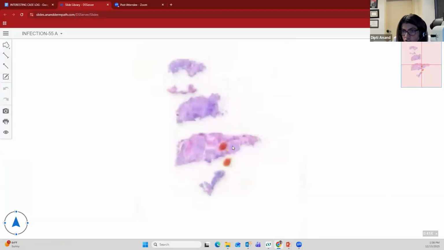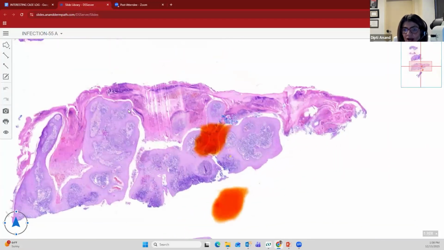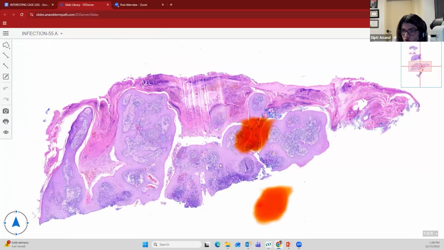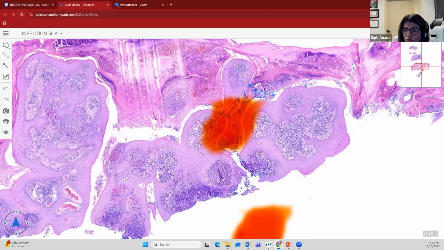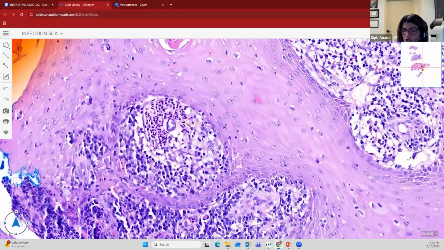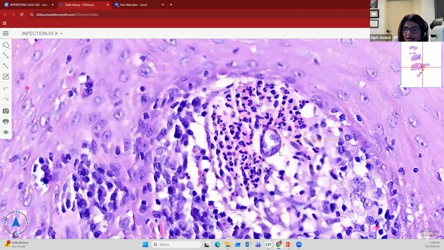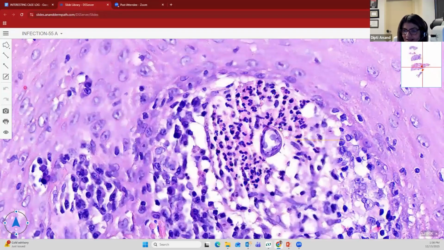The next one is coccidio. So coccidiomycosis, again, is markedly hyperplastic. You can see marked pseudoepitheliomatous hyperplasia. Again, look for the more superficial places to find the organism. Coccidio is very nice because it looks like a really big egg, a big spherule which has endospores inside it. So it looks like a big thick-walled egg, or a spherule, with endospores inside it. This is coccidio. Paracoccidio will actually have the